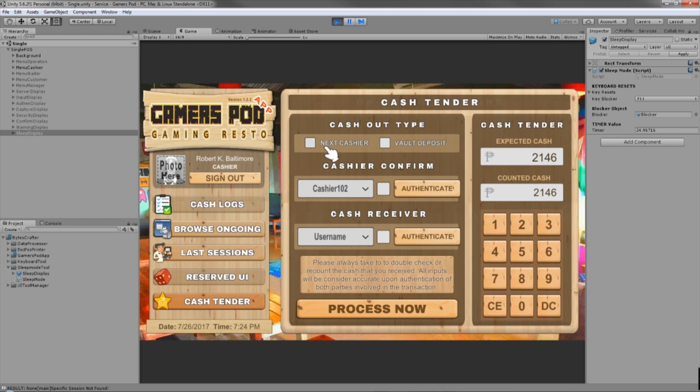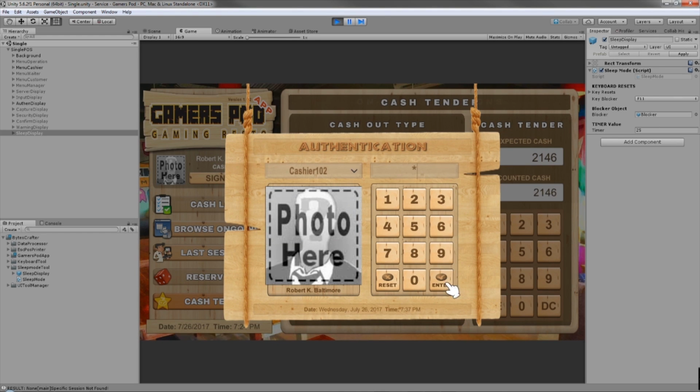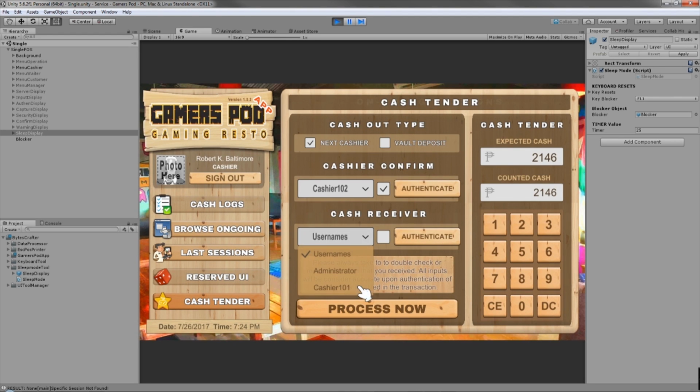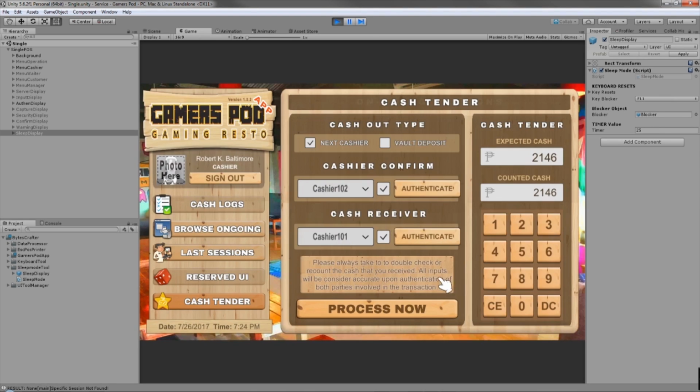I should pick this one, and the cashier confirm is the current cashier who's holding the current earnings. So for example, cashier 102 wants to exchange, and all of the cashiers will be displayed here, including the managers and the administrator.